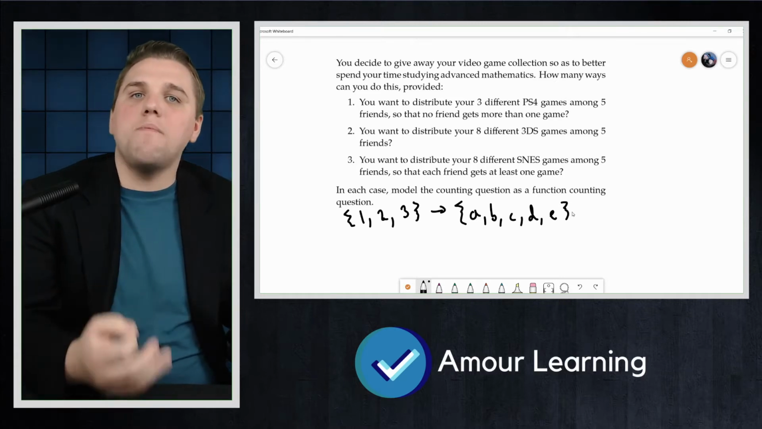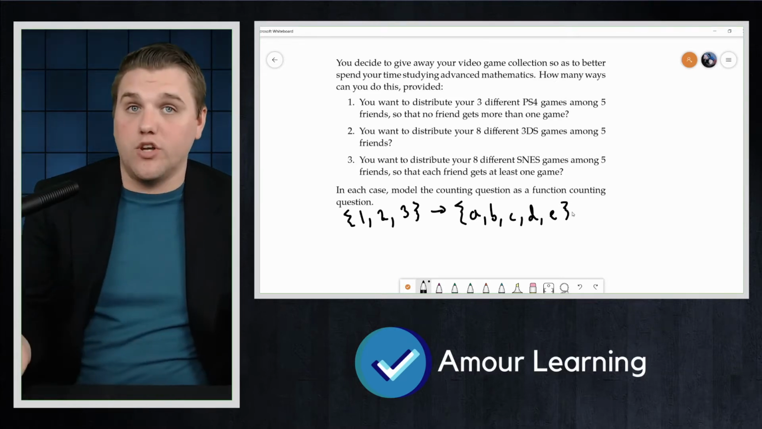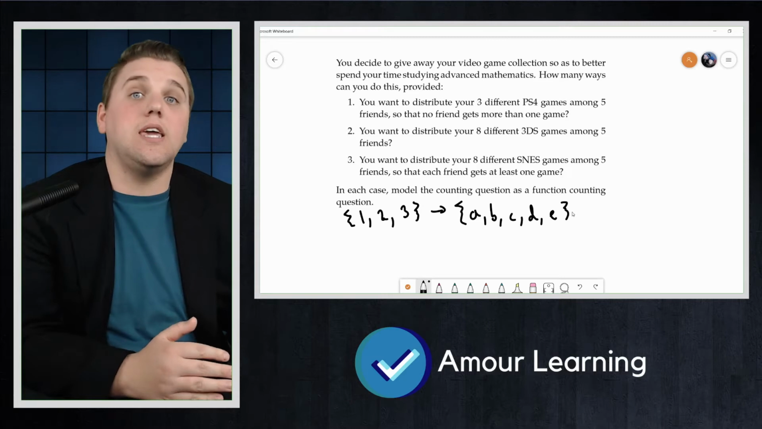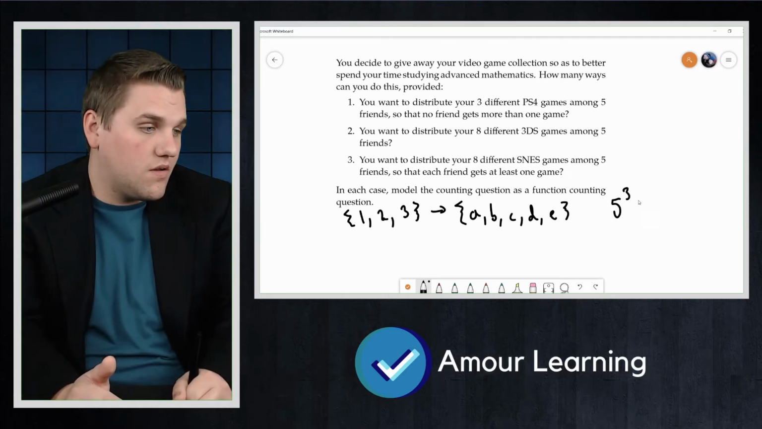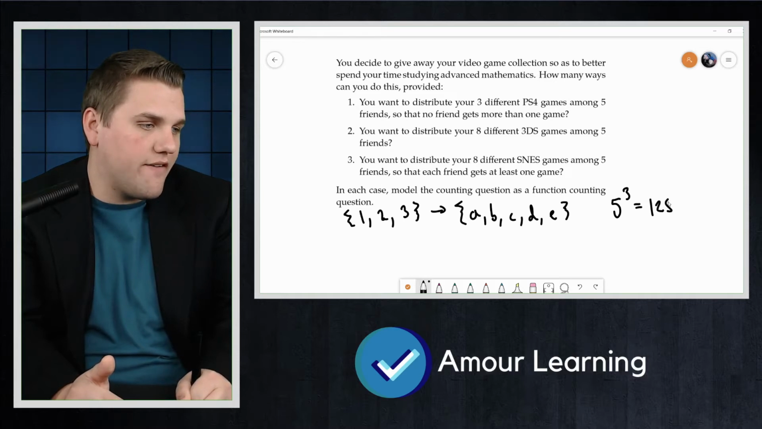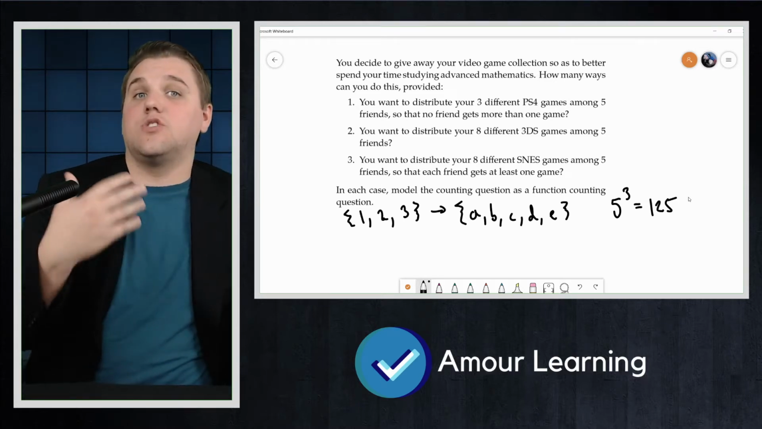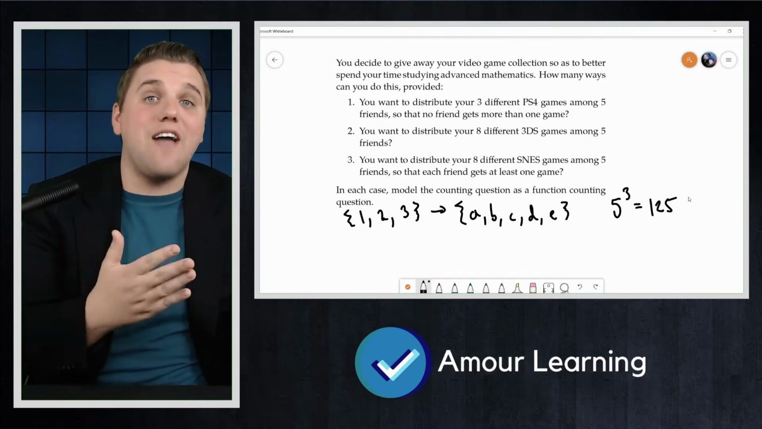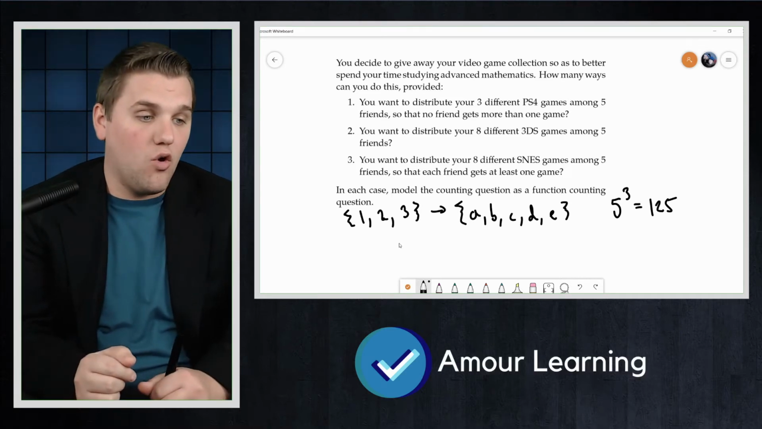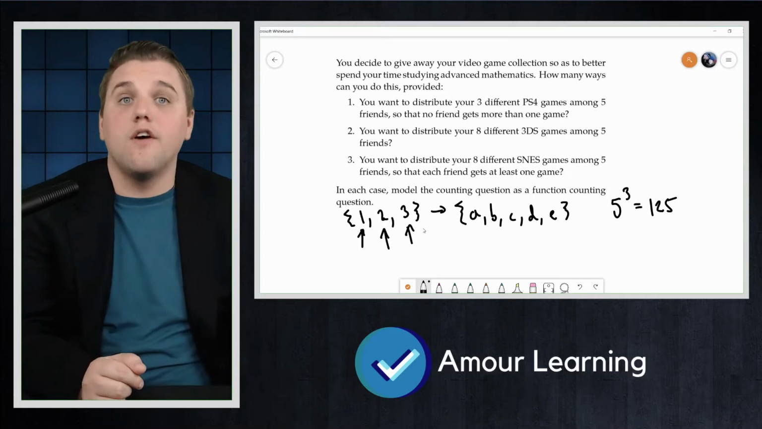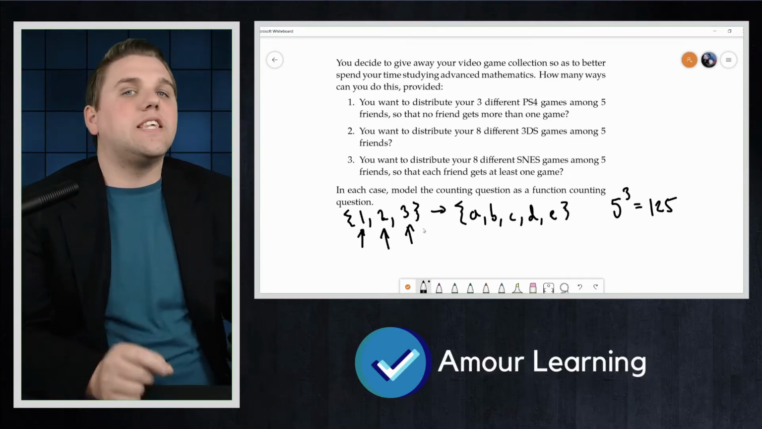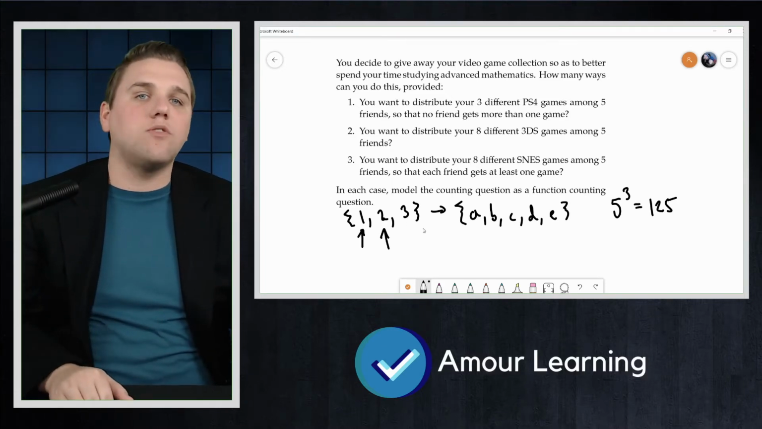Okay, so how many functions are there with domain 1, 2, 3 and codomain A, B, C, D, and E? Well, the answer is 5 cubed, which is 125. Why? Well, since we can assign any of 5 elements to be the image of 1, we have 5 choices here. We have 5 choices for 2, and we have 5 choices for 3. But this is not the correct answer to our counting problem